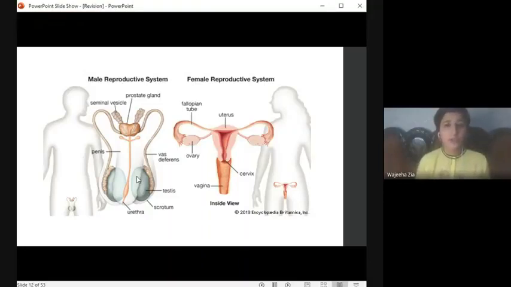And there are tubes which allow the passage for the transfer of the sperm or the egg, and there is an outside connection which allows the ejection or the